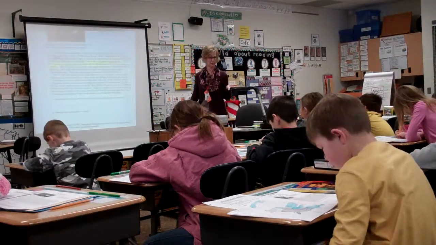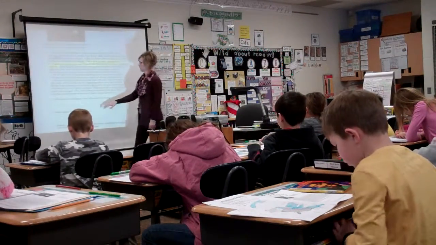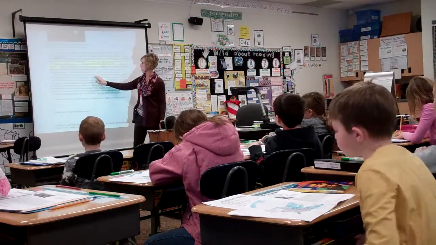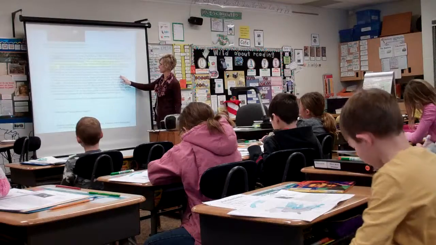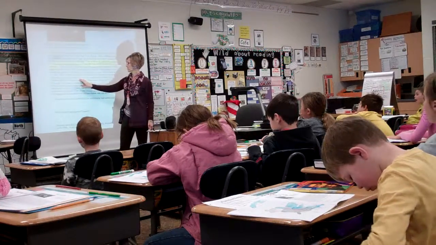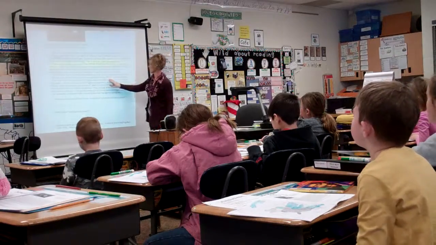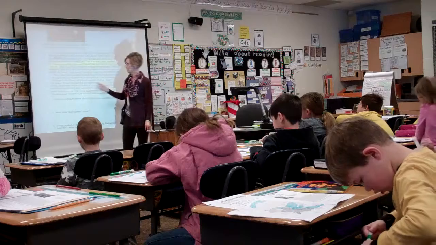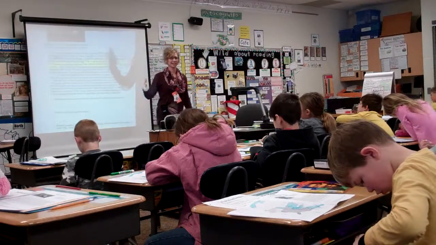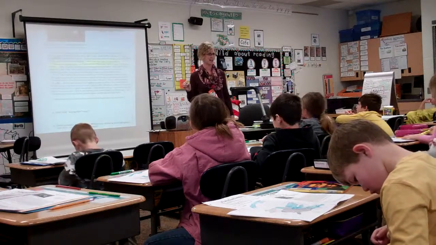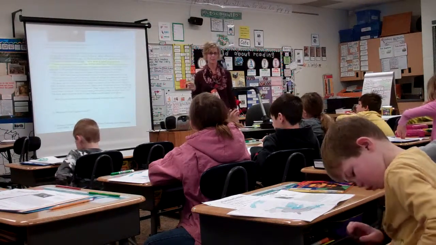Let's read it and see what we think, right? So here we go. Other laws were passed that made it hard for African Americans to vote. This was done so African Americans could not change the segregation laws. Now, do you think that one of those is a topic sentence out of those 2? Even though it's not a great paragraph, which one of the 2 do you think would be the best?